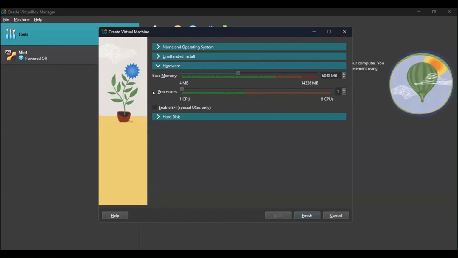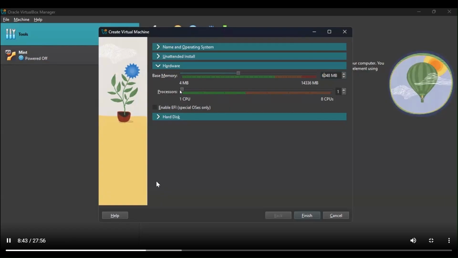Now once that is done, look at the second option, that is processors. By default, only one processor is allotted. This is where you have to allot it a bit, because otherwise your Linux might operate very slowly. Generally, what I would recommend you guys to do is, you can see there is a green line being represented. So generally, I would suggest everybody to slide this